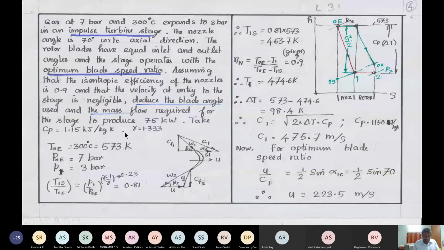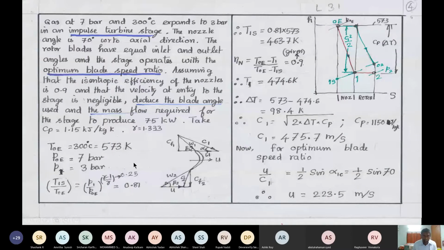Then the values Cp and gamma are given, and you see that it is different from 1.4, which we use for air, and this Cp is also a little more. The R value is also not 287. If we are using it, it is something like 461 joules per kg K.